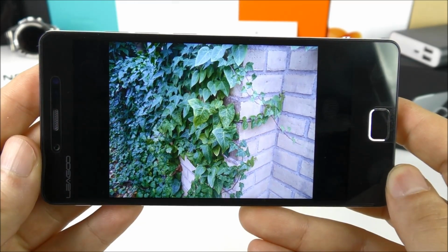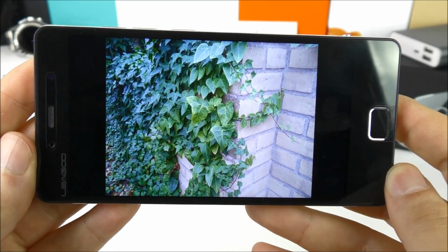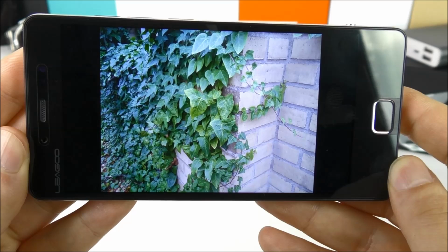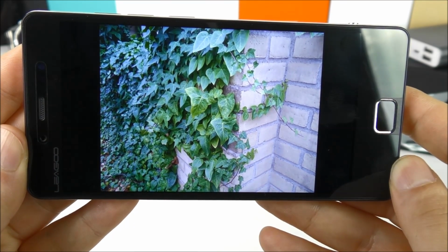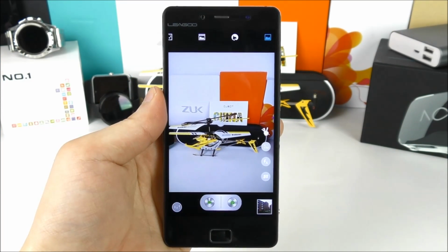And I have taken some samples using the rear camera sensor in order to show you how the device performs. Take a look at these samples and be the judge yourself, because it is in the eye of the beholder. The link to the samples can be found in the video description. And regarding the front-facing camera,